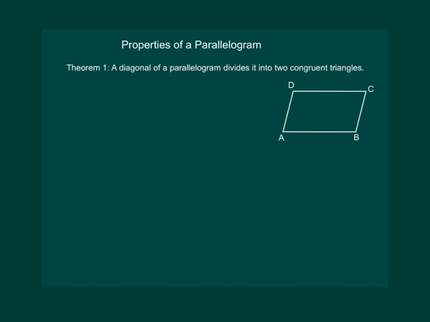For the proof, let us draw a parallelogram ABCD and AC be the diagonal. We have to prove that AC divides parallelogram ABCD into two triangles which are